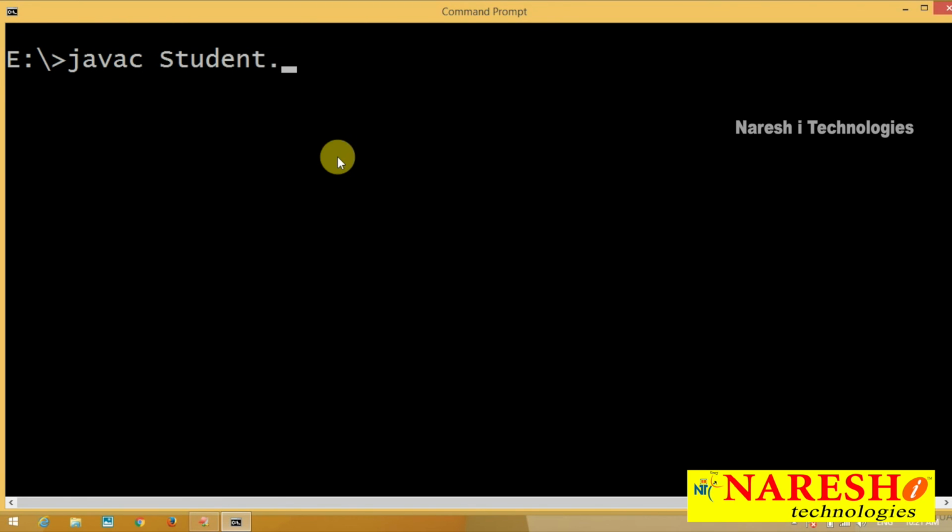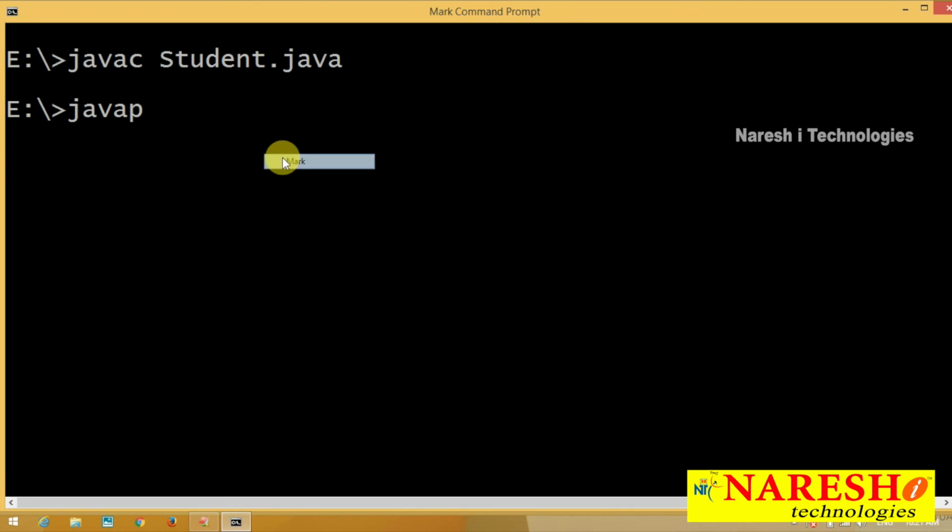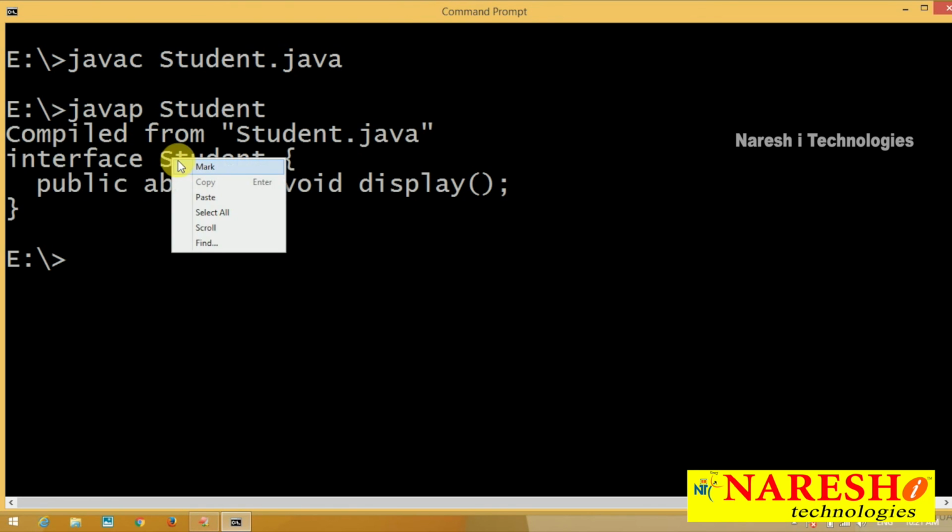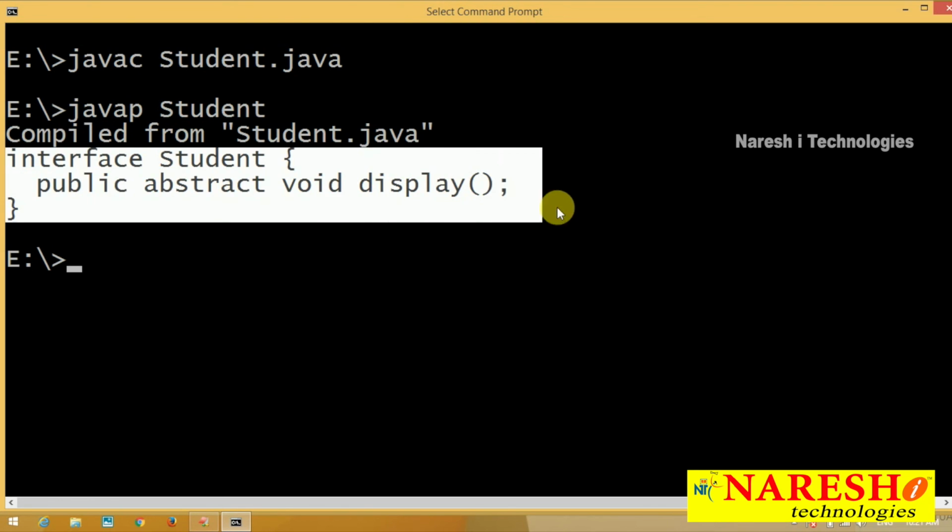javac Student.java. When we compile a Java file, a .class file is created. So here also the .class file is created. If you want to know the profile of any .class file, we can use the javap command. javap means Java profile. The javap command is used to get the profile of any .class file. So I am showing the Student.class file profile.